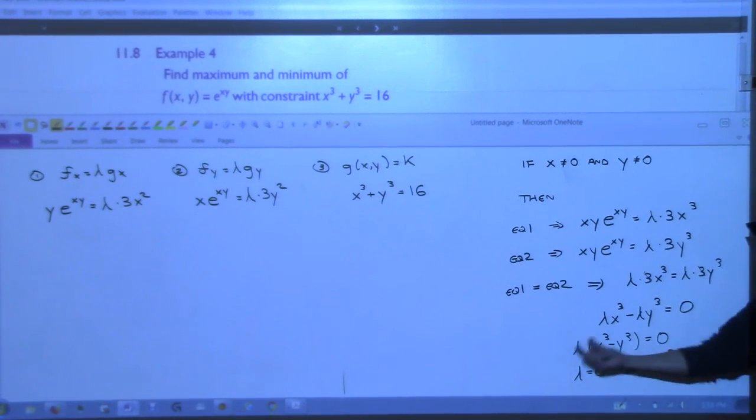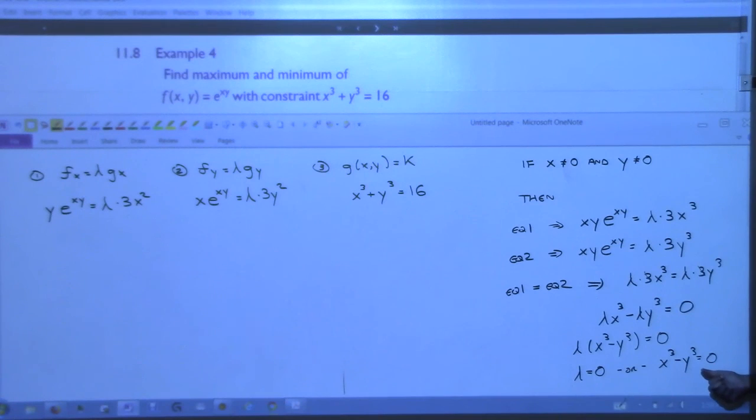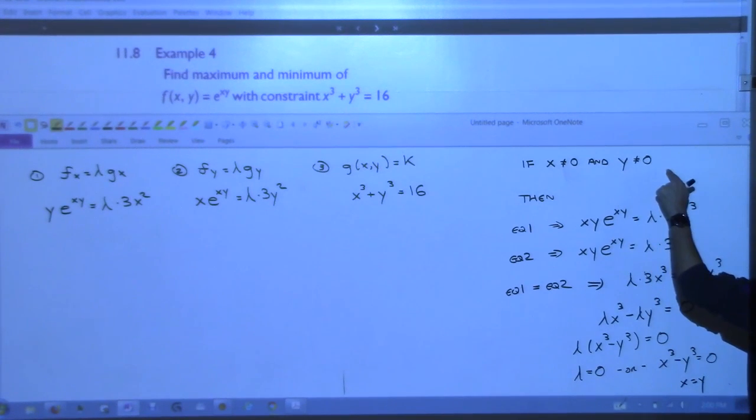So I've done some factoring here. Now, there are different ways to do this, but you could look at the left side as a difference of cubes. You could bring the y cubed over and then take the cube root on both sides. Because it's cubed, you don't have to worry about plus or minuses. That's the good thing. So we don't have multiple conditions. Solving that, I'll just trust that you could do this. This is just x equals y, which turns out to be one of the cases. So as long as x and y aren't 0, as long